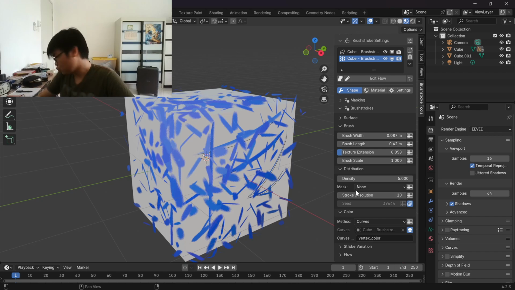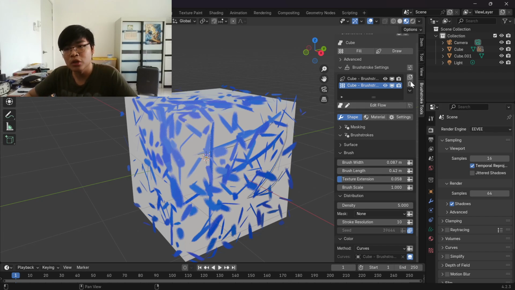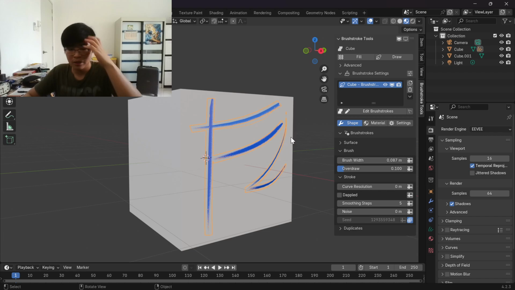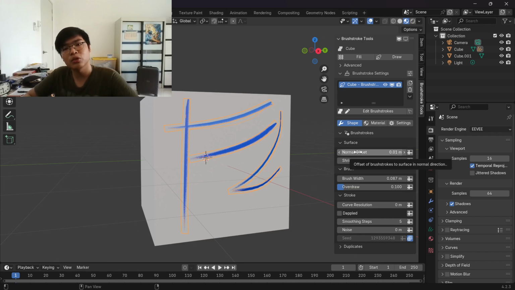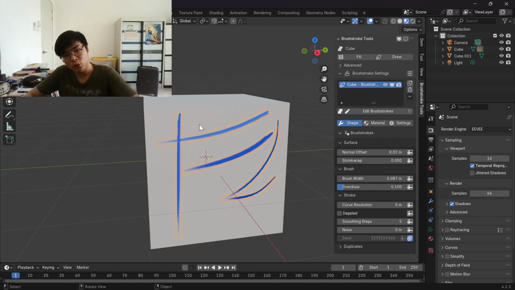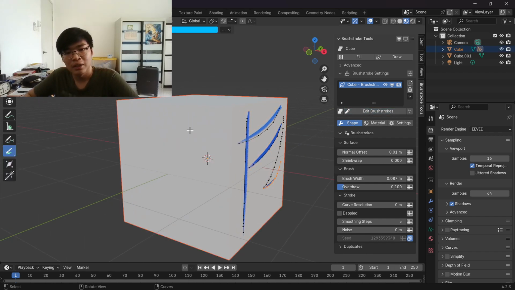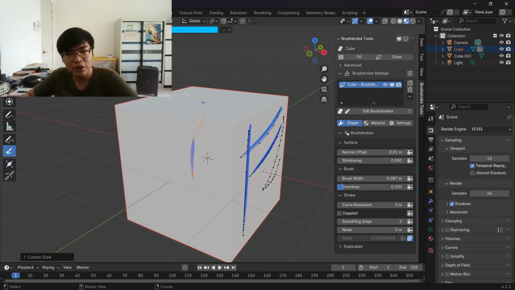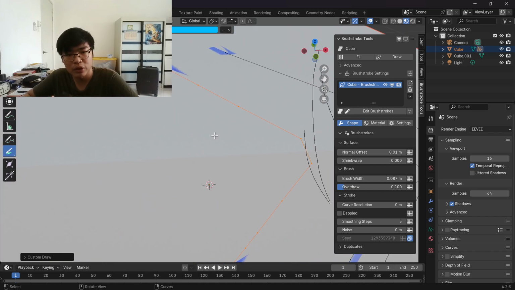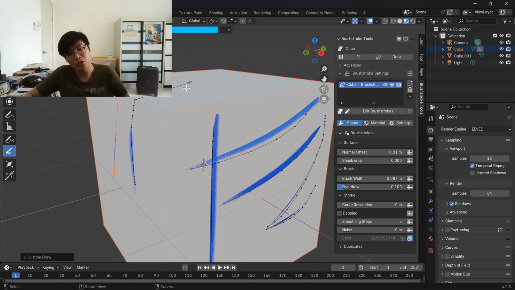Now, let's move on to the next. Alright, let's move on to the fill aspect of this painterly tool. So brushstrokes, we all know brushstroke surface is similar to fill, like you can offset it, normal offset it, shrink wrap. But this one doesn't have trim to mesh because our drawings are automatically trimmed to the mesh itself. Now, if you have some form of edges and then you paint all the way through it,